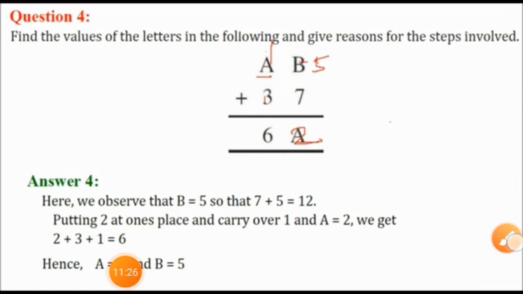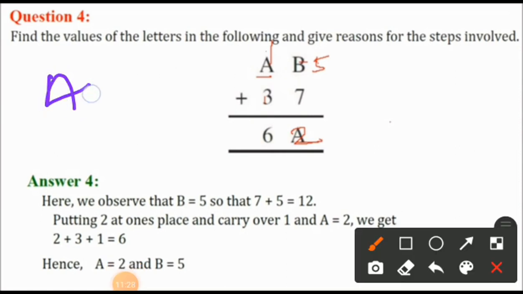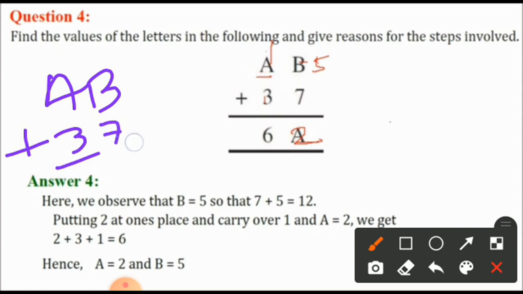I want to put it here this way. AB plus 37 is equal to 6A. Such a number, beta. Okay. So whatever I put here, 1, I will put it here 1. 1 plus 7 will give me 8. If A is 8, then this A and this A both will be 8. 8 plus 3, 11. But here I need the 6. So 1 will not be there. Is it better? Okay. So I will put now B is equal to 2.